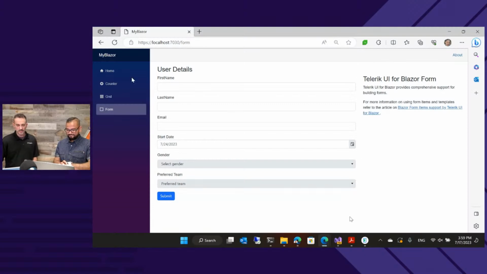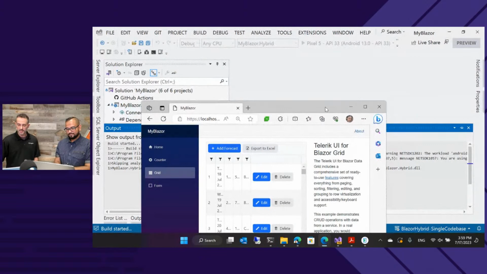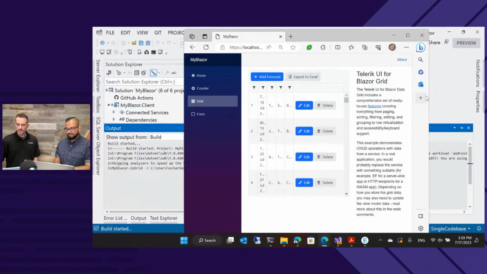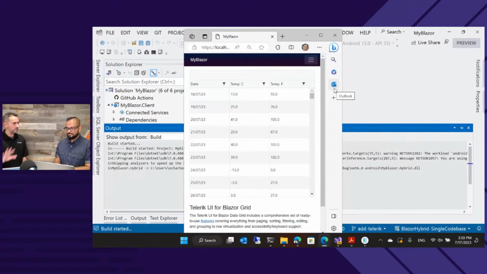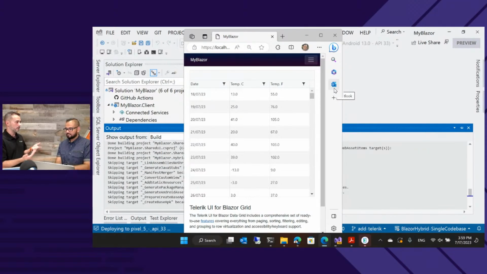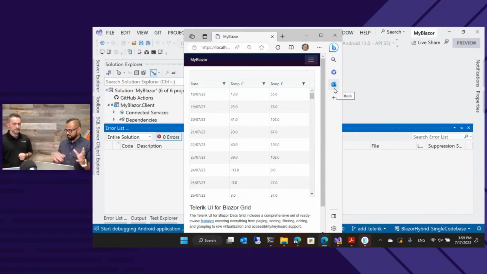While it does that, let's go back to the grid page for a second, and we'll do a little responsive action here. So this is using another Telerik grid. So then we have two grids. We have the data grid, and then we have a layout grid. Oh, so one is for layouts, one's for data. The Telerik grid layout is very much like the XAML grid. What do they call it in XAML? Is it grid? Just grid. Okay. So rows and columns, you get to adjust how they render.